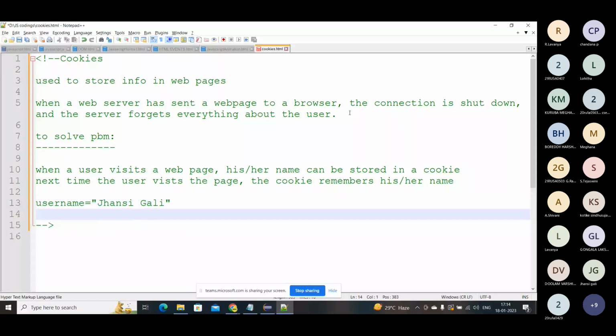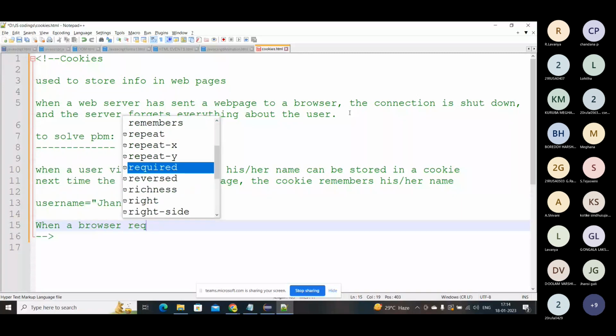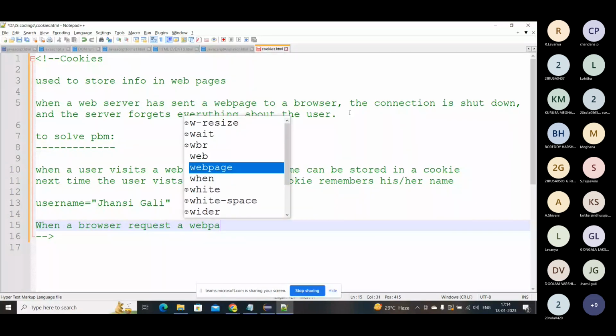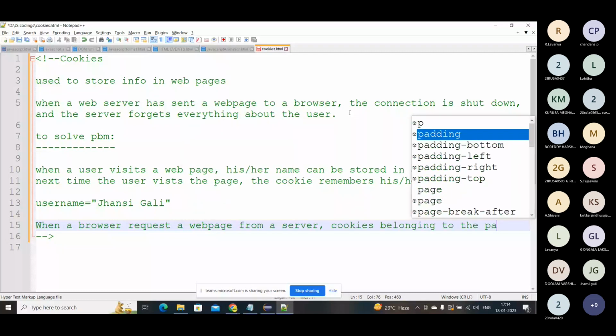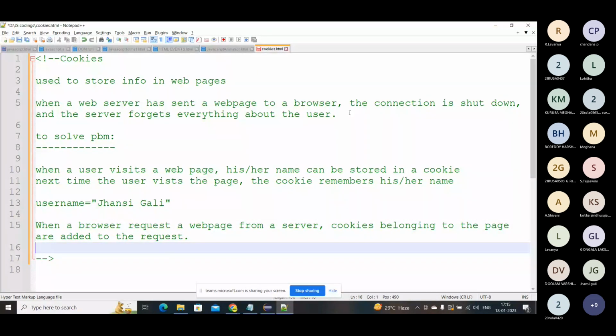So when a browser requests a web page from a server, cookies belonging to the page are added to the request. So this is how it is happening, and this way it is storing the data.